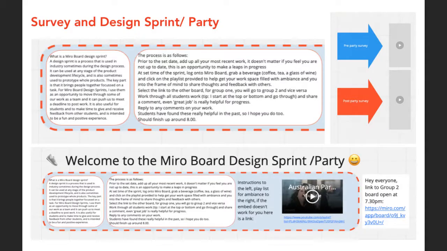So this is a survey and a design sprint that I did a few years ago with students in this unit, and we did a pre-survey and a post-survey. Well, they were called parties then, but now they're called design sprints. So we did a pre-sprint survey and a survey after the sprint to understand if, for online students, this idea